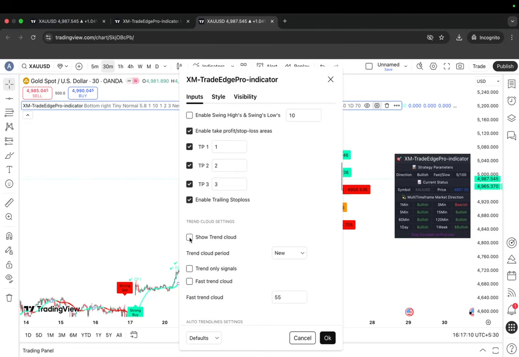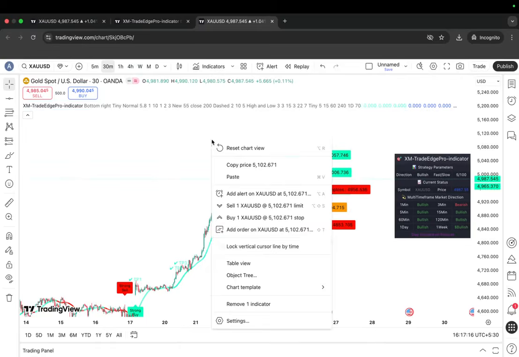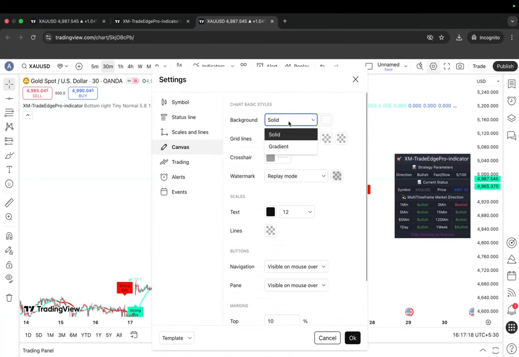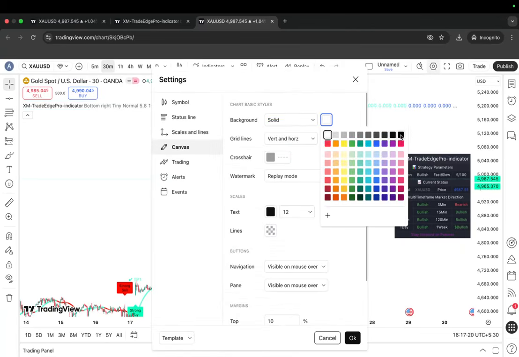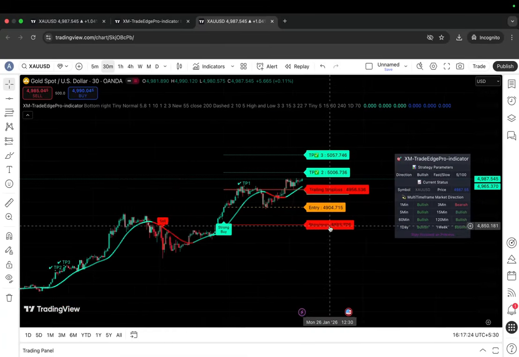Now you can see the trend cloud will help you figure it out, although the chart is black. Let me just convert the chart to solid black so that we can see the chart more clearly. So now you can see,